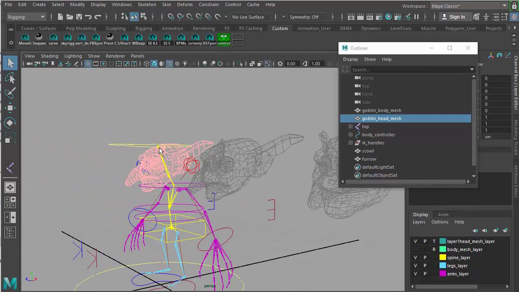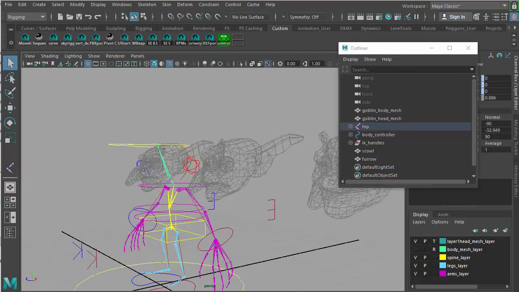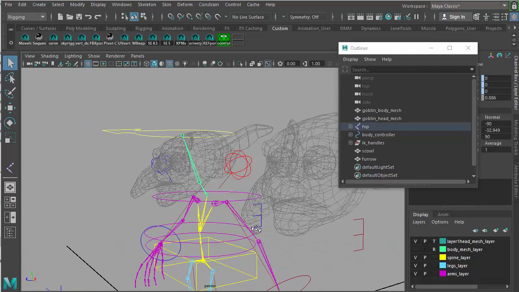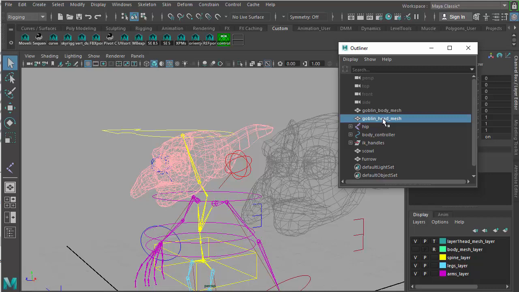So let's make a jawbone, because I want to rig this character so that they can speak, and I can combine blend shapes, the scowl, and have it separate from this bone system, which will open and close the character's mouth. So to do this, I want to grab the main head and sort of separate it from the others,